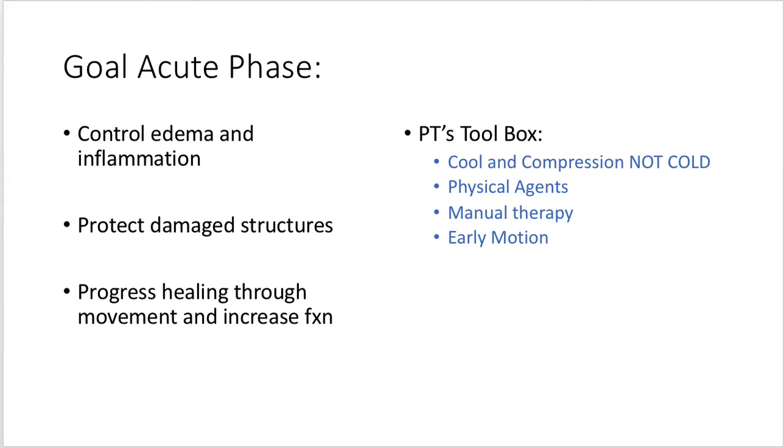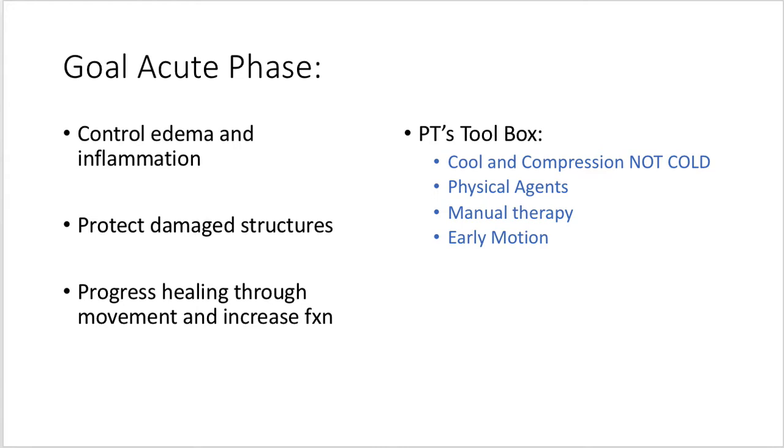We want to progress healing through movement and increase function. So that's why we might use an isometric at this stage. Is more for a pumping action to pump some fluid rather than strength. We're not maybe necessarily increasing strength, but we want to do that. Okay. Take a look at your PT toolbox, thinking about cool and compression. That's the most evidence-based practice rather than cold. Cold is actually not very effective. Cool can be used as an analgesic more so than actually helping the tissue. If you want to get swelling and you want to change swelling, you're going to use a contrast bath. So 2 minutes cold, 2 minutes warm.